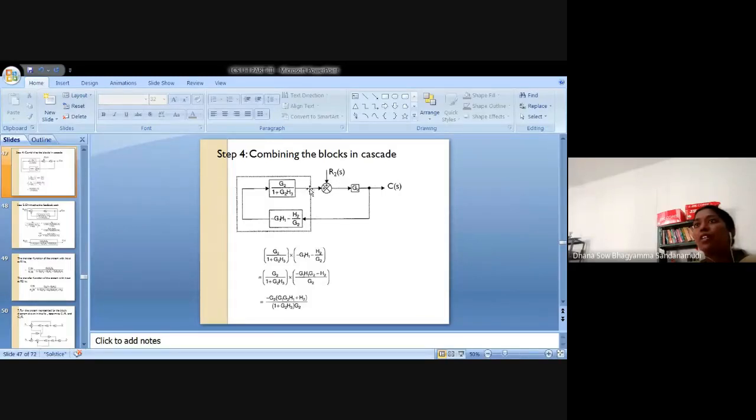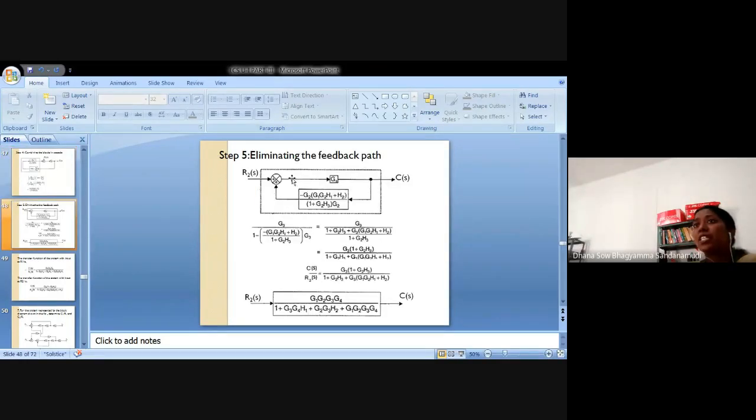R2 of S is the input, and this is the output. From the summing point, this is the signal which is going away. This is the block, the gain value of that signal, G3. So this is the forward path gain. What is returning back to the summing point? That is this value. In this diagram, you can rearrange and draw it like this. So it is a positive feedback path.